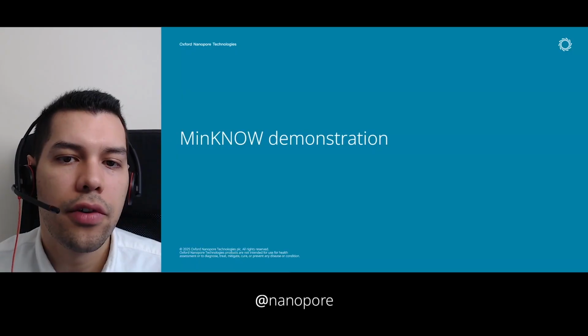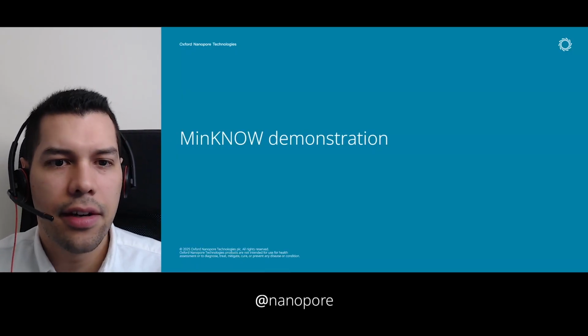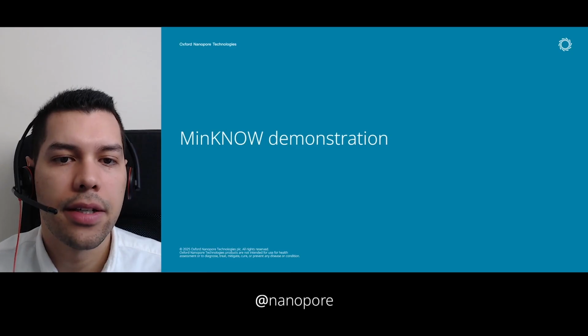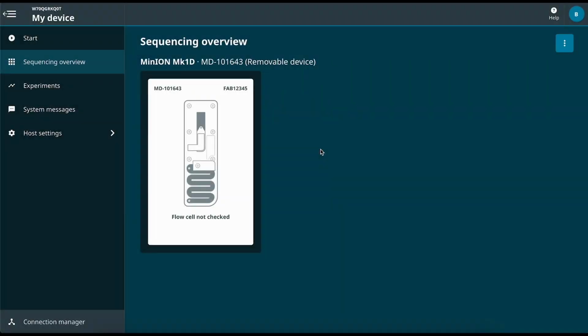Now we will switch over to a short demonstration of starting a sequencing run in MinKNOW and see some of the initial analysis performed out of the box. This is the main MinKNOW landing page, where you can connect to your sequencing device. Depending on which sequencing device you have, you may see one position available, or you might have multiple independently addressable positions. To start a sequencing run, we'll click the Start button in the upper left-hand corner,